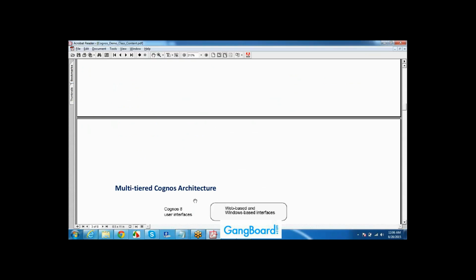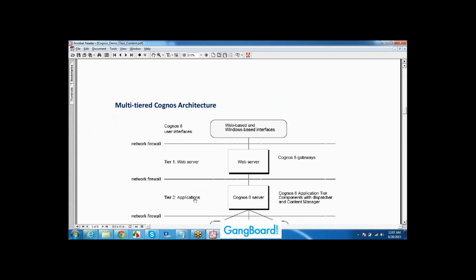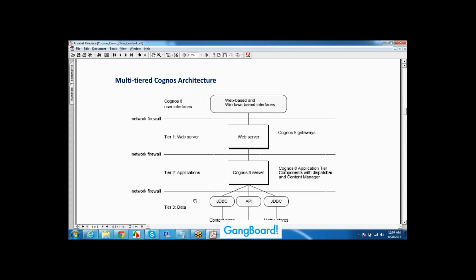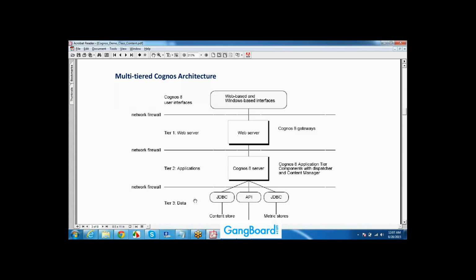Since we are connected to a data warehouse, we need to understand what a data warehouse is first, and what all the terminologies involved are. After that, we will see Cognos architecture. By using this Cognos architecture, I will make you understand how Cognos is working in the backend, how we are importing tables, how we are seeing the data, how we create the reports, and all of that we will show you as part of this architecture.